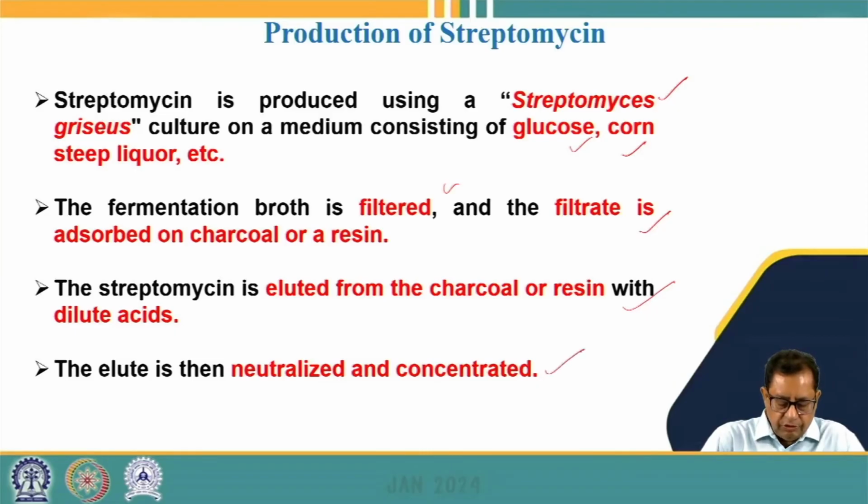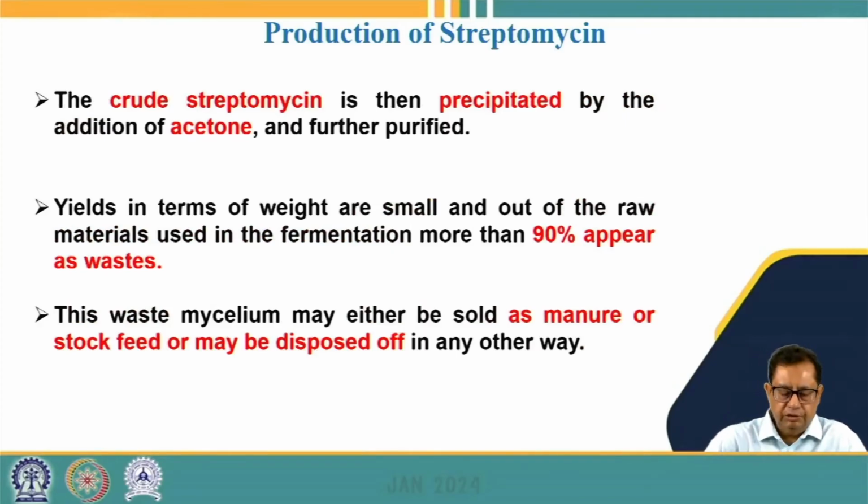This eluent is further neutralized and concentrated so that we can purify the streptomycin, and then the crude streptomycin is precipitated by adding acetone, and it is further purified. The yield of streptomycin may be small in comparison to the raw material that we use. It is reported that in the fermentation process more than 90% of the raw material becomes waste. The waste mycelium can be used as manure, or as livestock feed, or